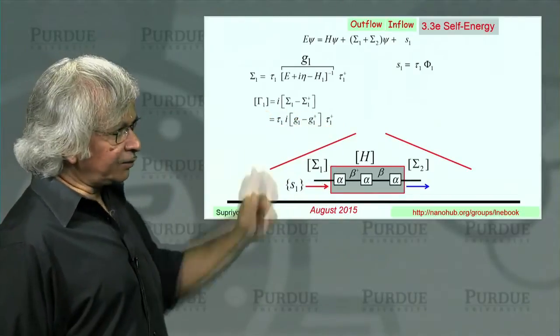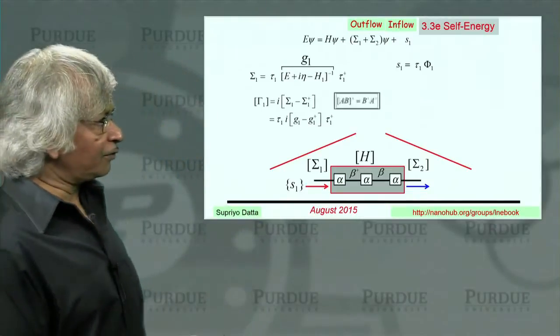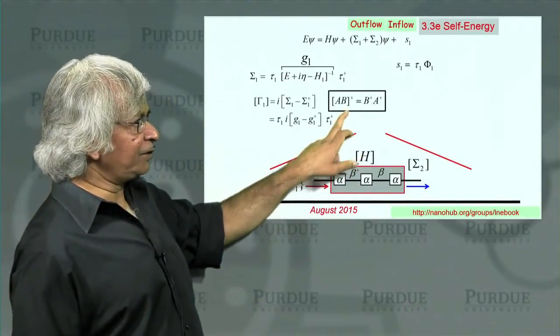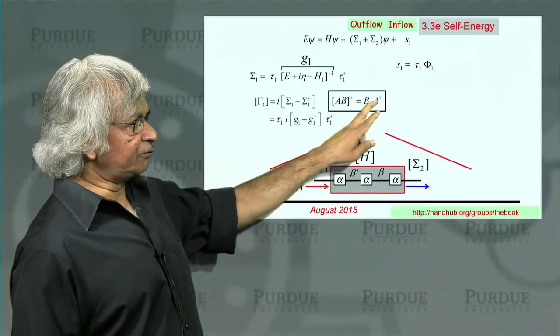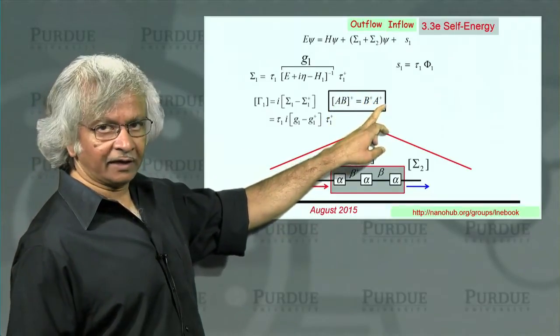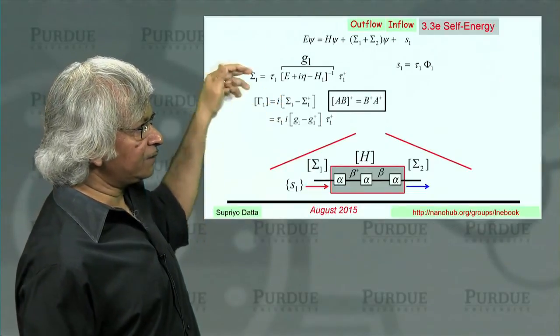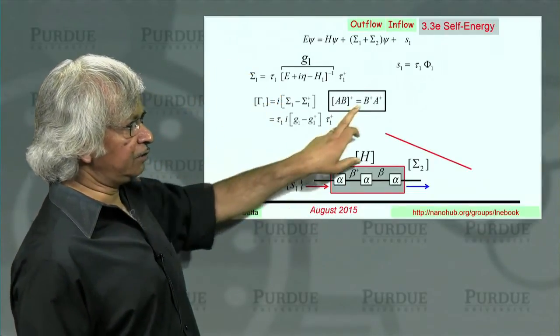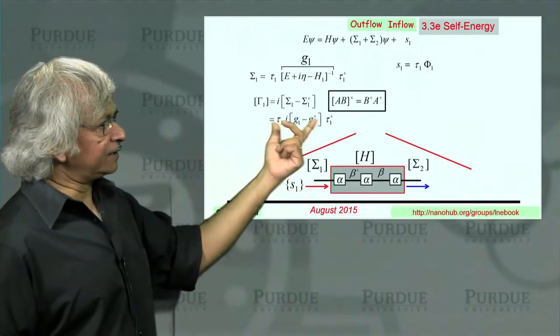By the way, this requires a little matrix algebra. You should try this out. And you have to remember that when you have the dagger of a product like AB, you have to reverse it. It's B dagger, A dagger. So to see how you get from this step to this step using sigma 1, you'd have to make use of that. But if you do that, you'll get this expression.